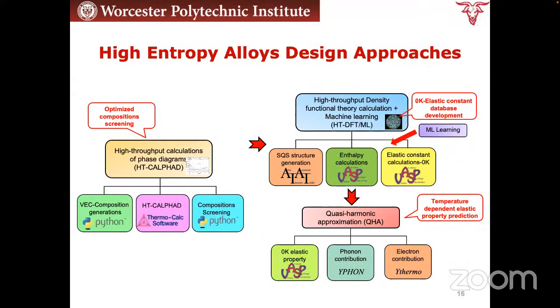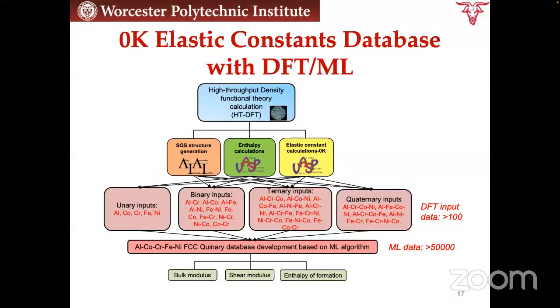All right, so phase stability is just one thing. In industry, people care about this, of course, but they also care about the mechanical property. Ideally, they want the alloy to satisfy both criteria. So here we use first principles calculations and machine learning to do the simulation. This shows how we do the simulation.